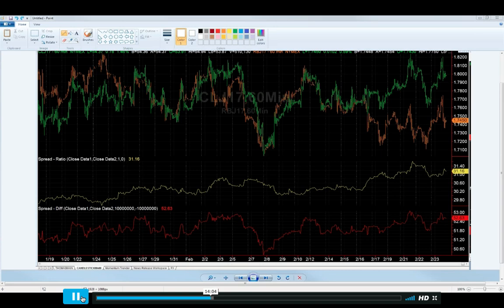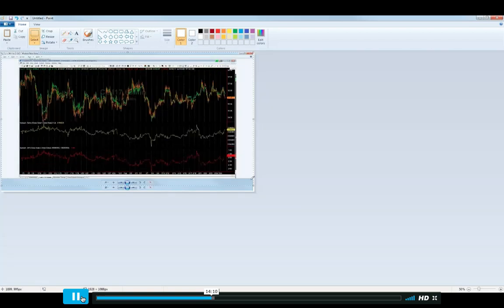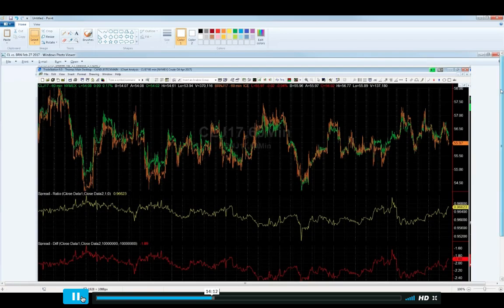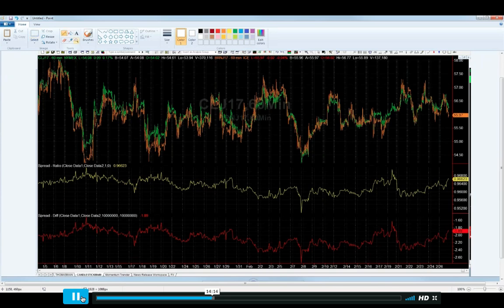This is the next one. This is crude oil versus Brent crude. Crude versus Brent crude, typically a pretty highly correlated market. Ended up, this is on 227, and ended up